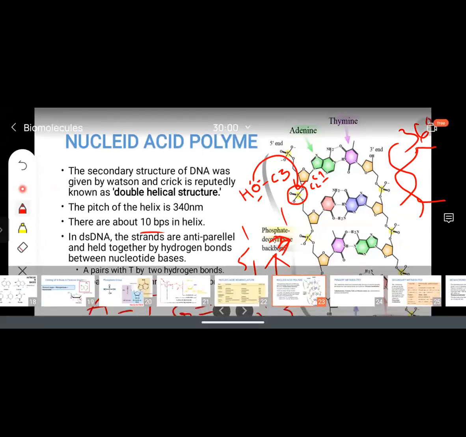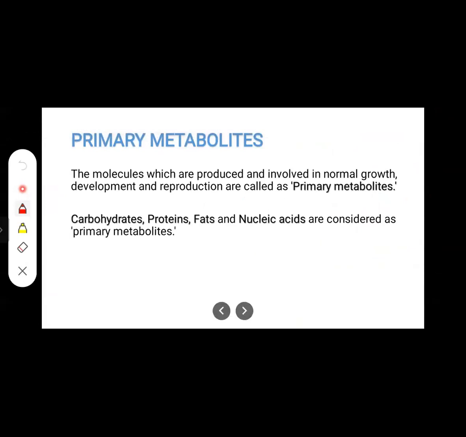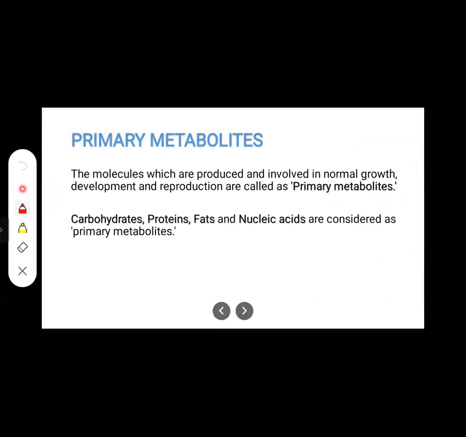Okay, so now this is about DNA, and now let us talk about the primary metabolites. The molecules which are produced and involved in normal growth, development and reproduction are called primary metabolites. If you talk about any plant or any organism,